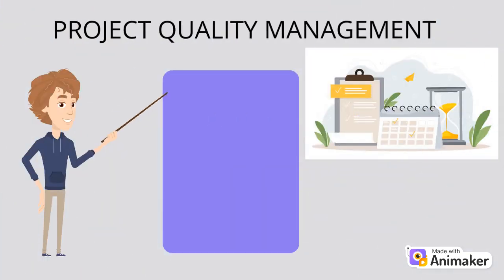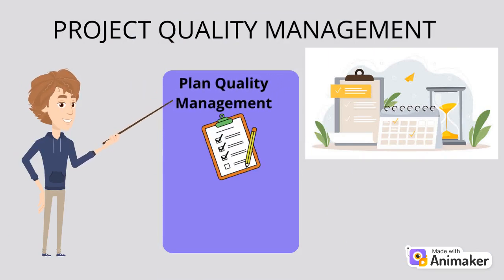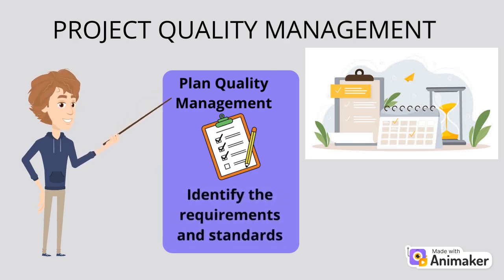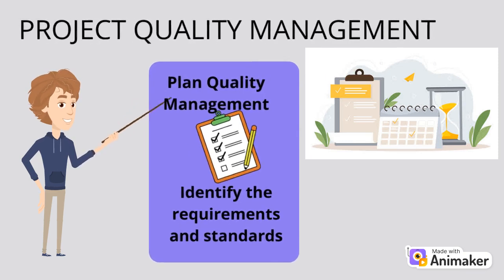The exercises of quality management can be divided into three different categories. First is planning. This process involves the determination of the quality standards that govern the project deliverables and the product, and how the project will achieve compliance to those standards. Many projects have standards that are given to them directly, such as design standards for buildings. However, many other standards often exist which are not explicitly stated but are expected to be complied with.